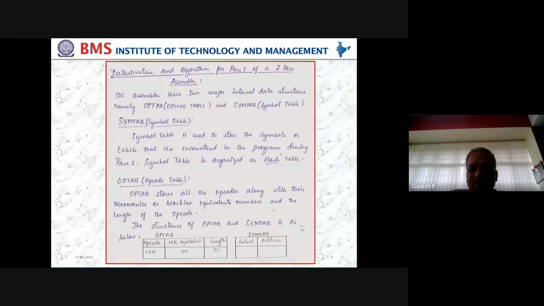But optab is not a hash table. Optab is a lookup table. It is only one way. You just create it and start using it. You are not going to store and retrieve. Storage is already done. There is no question of retrieval. It is only comparison. If that is the case, probably we can use normal array-type structures for an optab. Okay. So any doubt at this point?